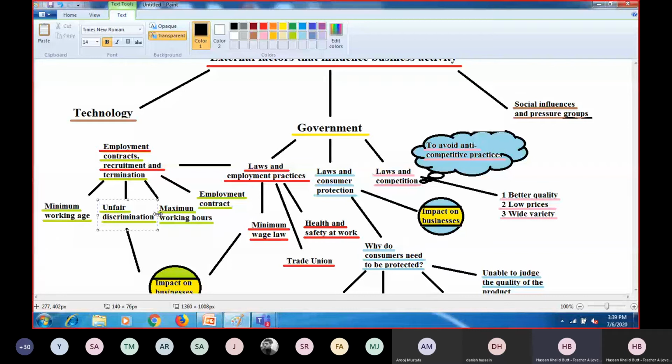Unfair discrimination means that you are favoring certain employees because they are your good friends. They might not be that capable, but you favor them in terms of salary and working hours, and you do not give them much work. On the other side, there are very qualified, experienced and efficient workers, and you do not treat them the same way. You give them more work, and you do not favor them in any way. You do not give them holidays when they actually require them. They are in need of it, but they can't take their days off. If you are doing this, we call it unfair discrimination.